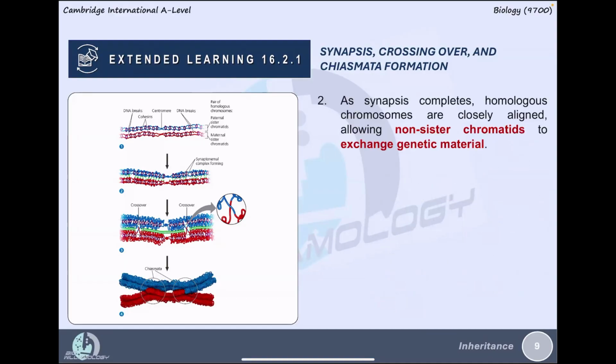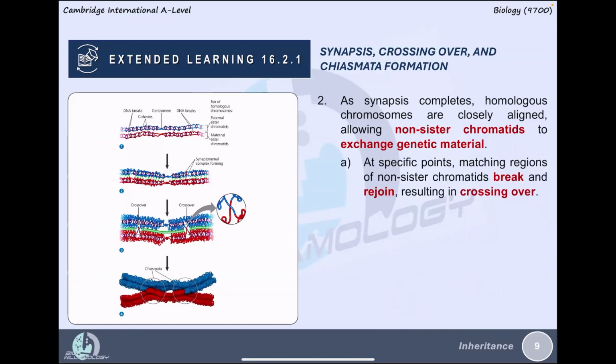So as synapsis is completed, homologous chromosomes are closely aligned, and this allows non-sister chromatids to exchange genetic material. At a specific point, matching regions of non-sister chromatids break and rejoin, resulting in crossing over. We can see that in the diagram. Okay, so step number 2, where crossing over takes place. So the blue DNA and the red DNA now exchange genetic material, or more precisely, actually,